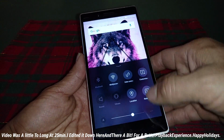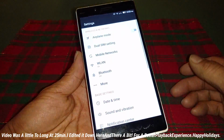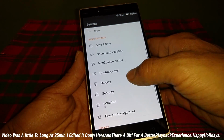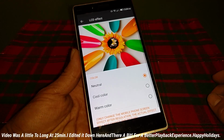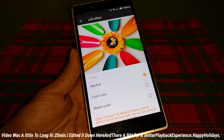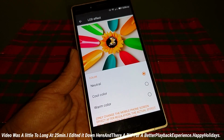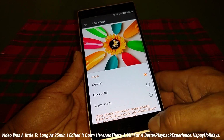I am going to go into settings again and show you something here. I like the display. I like the fact that they gave us LCD effect, which changes the color tone of this device. And you got cool color, warm color, more real-to-life colors, so that's kind of cool. And it gives you a bunch of other things as far as